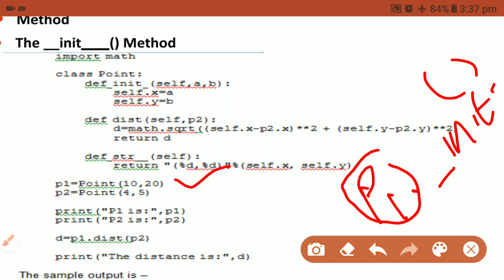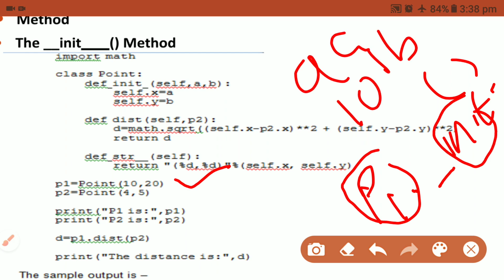After creating the object, it is passed to __init__ as self. Here the values 10 and 20 will be passed to the parameters a and b. So instead of a and b, the values passed are 10 and 20.